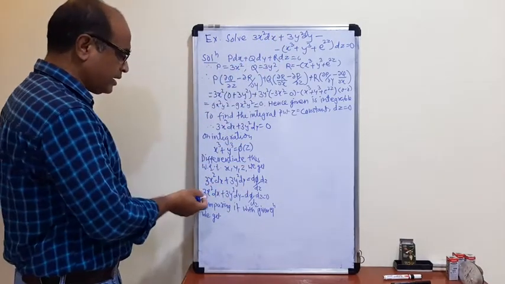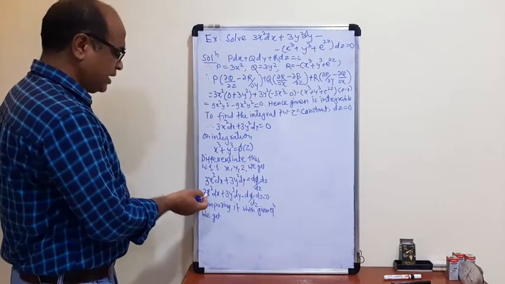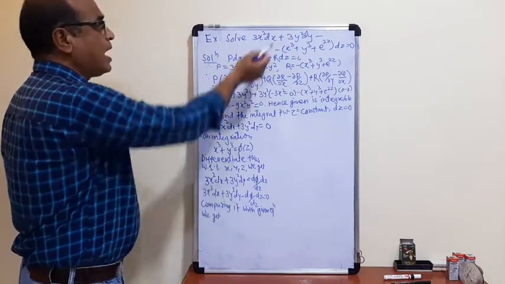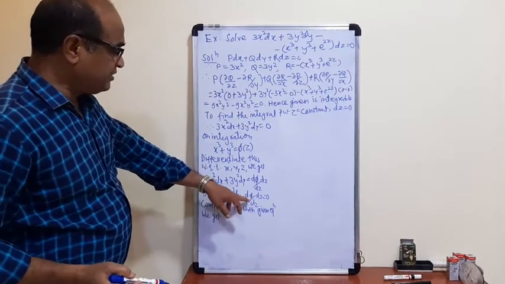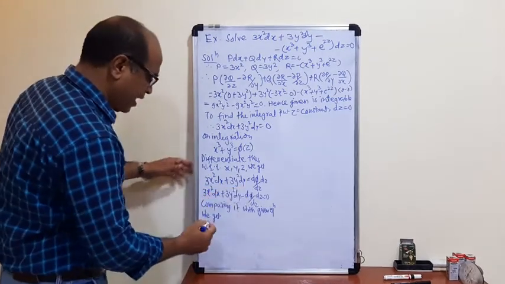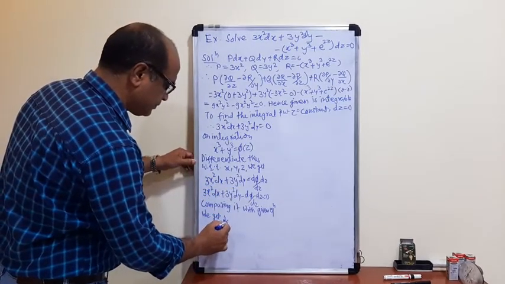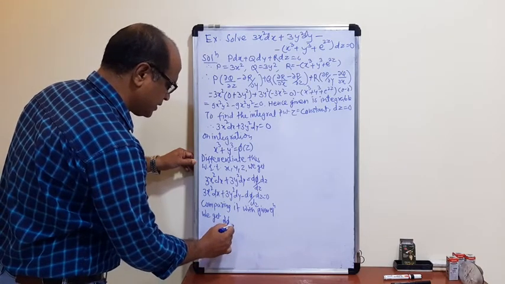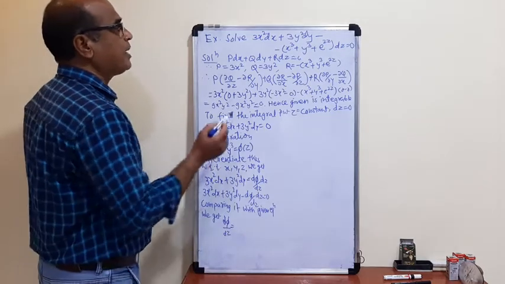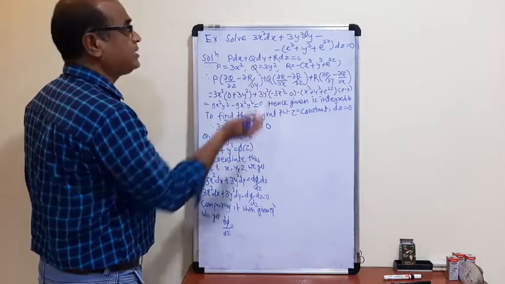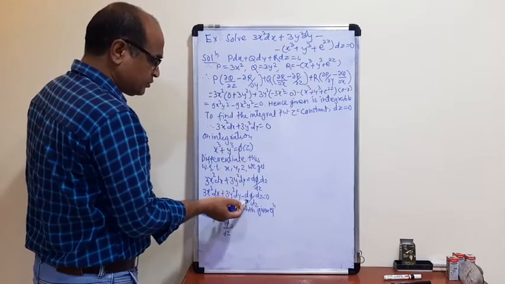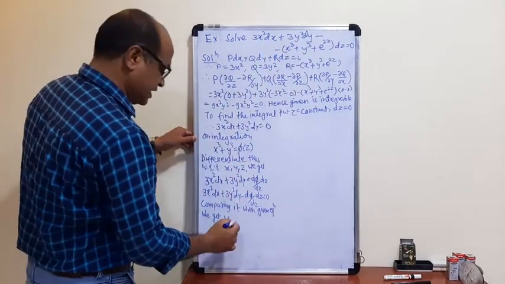Then what happened? 3x square dx is there here also, then 3y square dy. Then what is the d phi by dz? So minus d phi by dz is equal to this. So coefficient of dz. So d phi by dz is equal to, so this is x